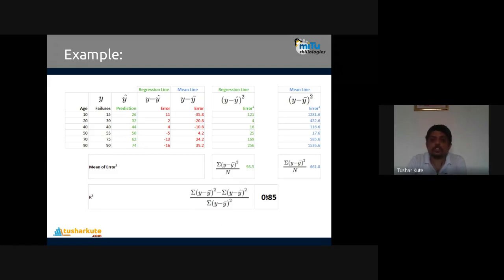You can see this. The summation of (y minus y bar) squared, this one, 661, minus the summation of (y minus y hat) squared, this value, correct, divided by the summation of (y minus y bar) squared, this value, we get 0.85. So that is the R squared error. This is the calculated R squared error. Both are squared there, the regression line and the mean line also. The actual regression line and the mean line are both connected, and with the help of it the R squared error is calculated.